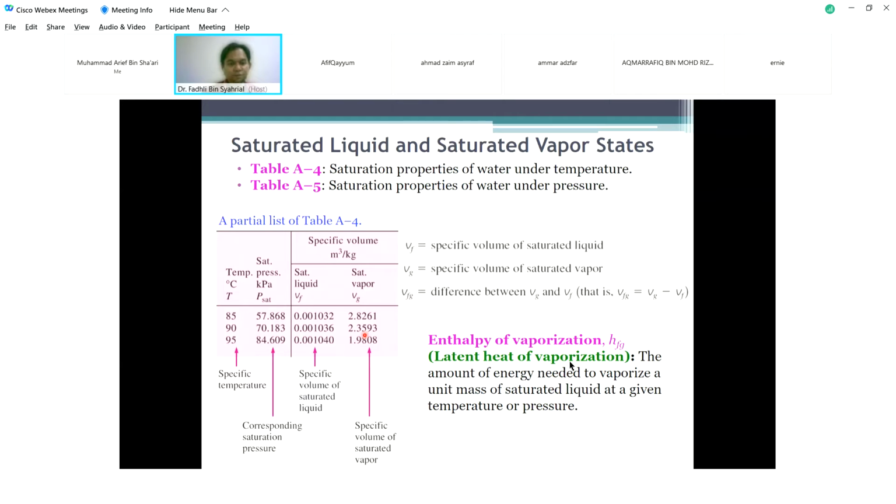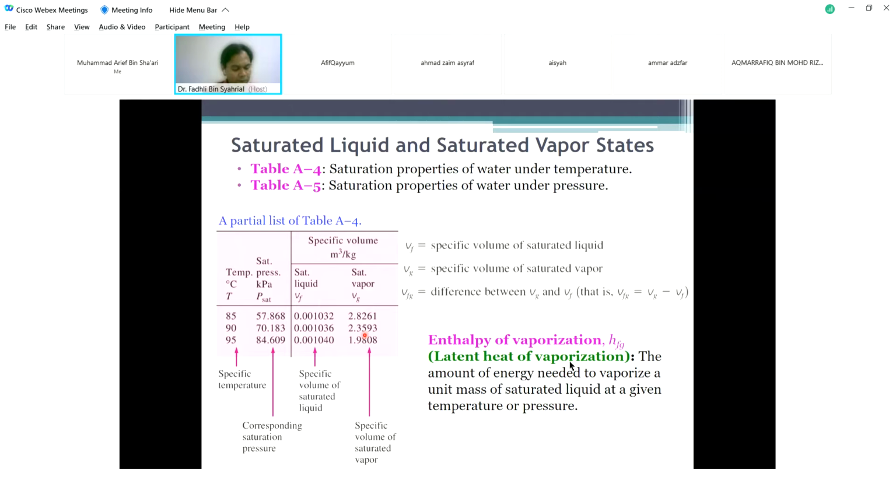F here means a fluid. So it refers to a saturated liquid state. Kalau kamu nak cari specific volume untuk saturated vapor, look at G. So Vg lah, kalau 90 degree, Vg is 2.3593. Untuk internal energy,